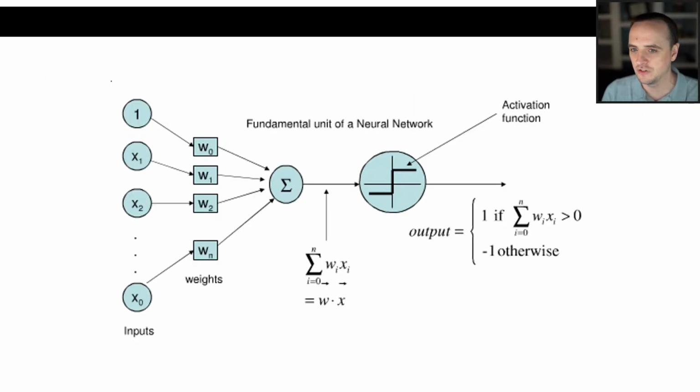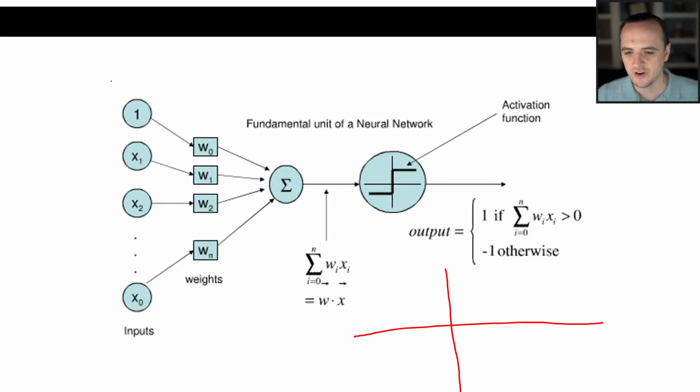However, if we look back to our fundamental unit of a neural network, our neuron, what we have here is this threshold or activation function, where, remember back in the TLU when we had 3x1 + 2x2, if that's greater than 4, right? We had that thing. Well, the way that you actually implement "if this is greater than this, then do something" is with this sort of stepwise activation function. So for example, if I have my x and y, then it might look something like this.